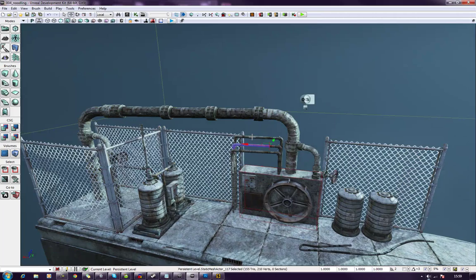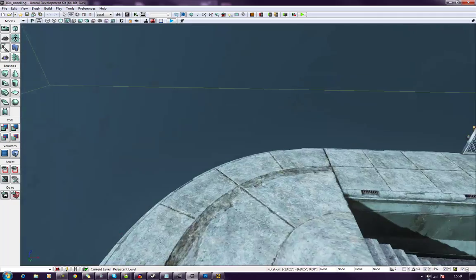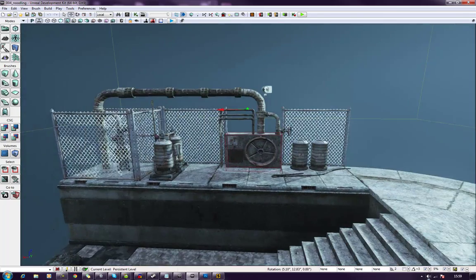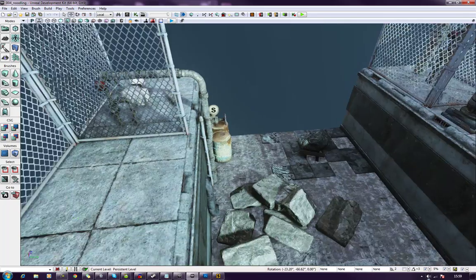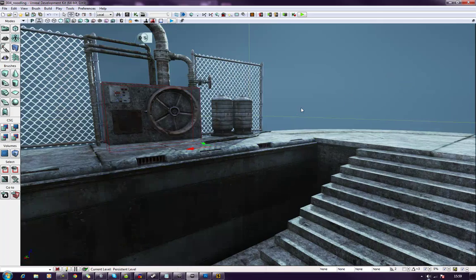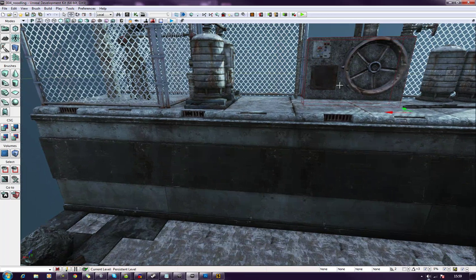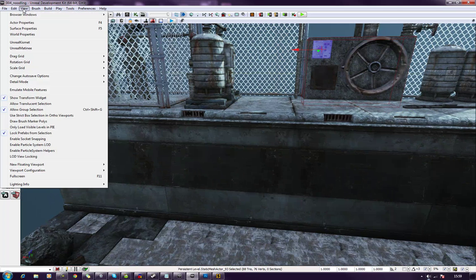Okay, so this was quite a similar part to the other parts. Now if we have a look, there's not really a lot going on down here. What I've done is I've removed the rubble pile as well. There's not really a lot going on this wall that's breaking it up. We do have this control panel here, so we can also use a control panel or something similar over on this part. So if I go to my browser window,